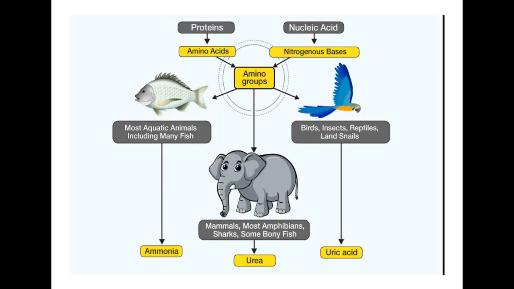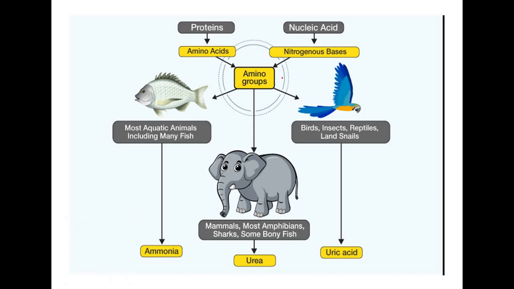Next character is excretion. It is the process of removing waste and excess water from the body. In human and other animals, excretion means formation of urine to eliminate the excess nitrogenous waste from the body, okay. Here you can see